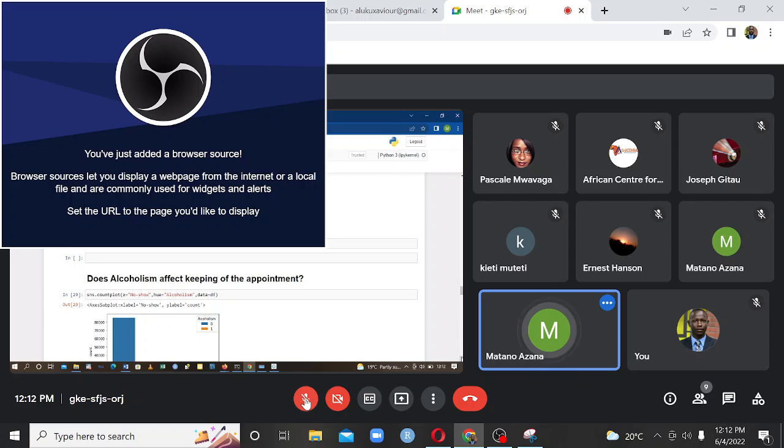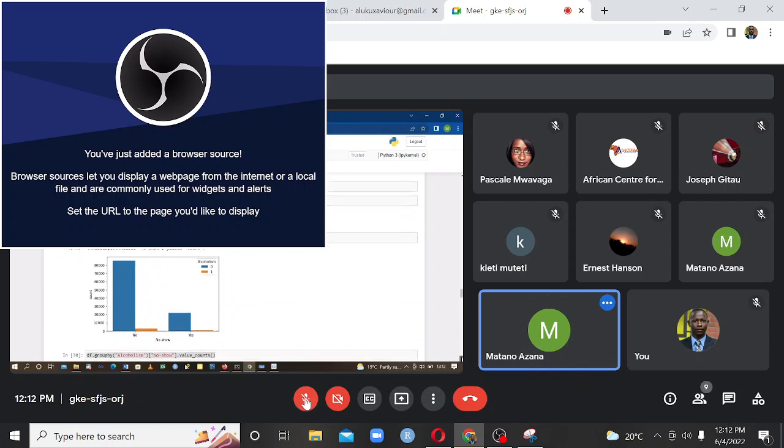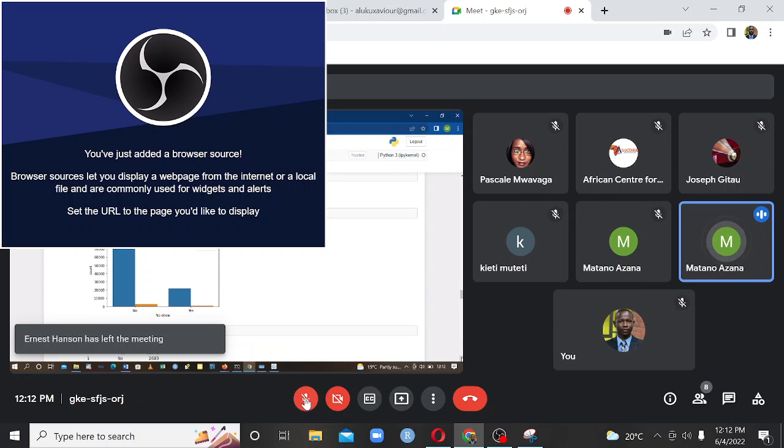The next factor I investigated was alcoholism. Does alcoholism affect one's keeping of an appointment? As the graph shows, alcoholism did not, those without alcoholism,